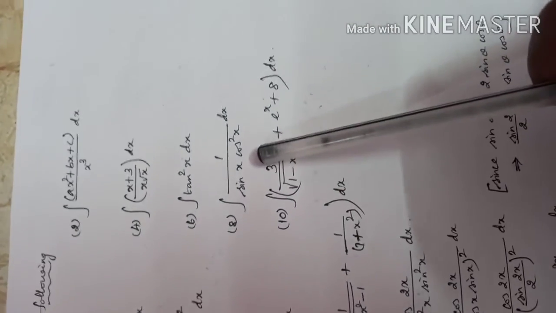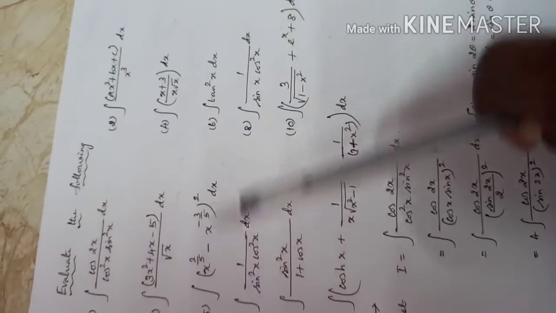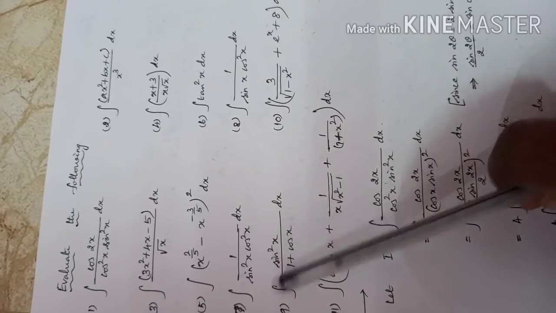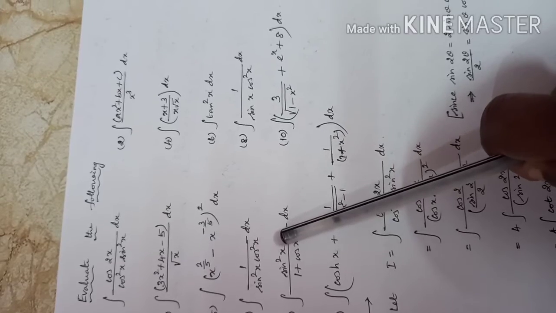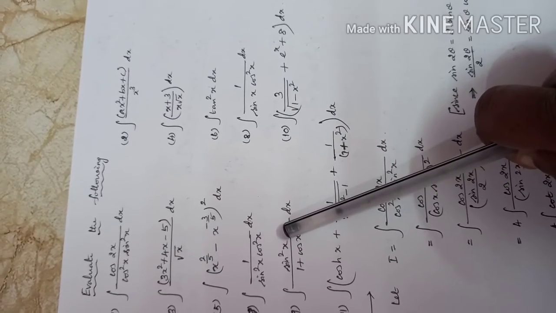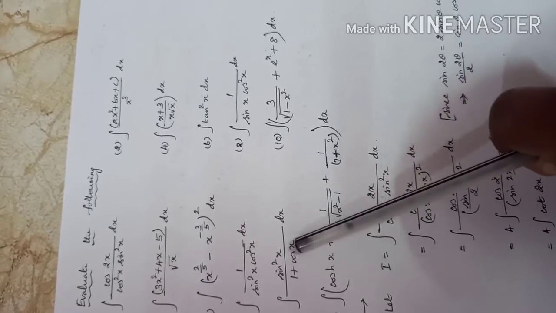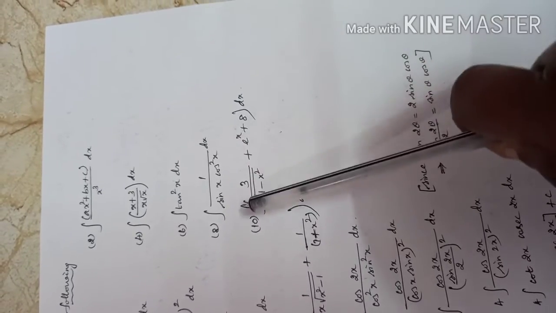See, the 8th problem, 1 by sin x cos square x. Similar model, please try, okay? And then similarly, you can write sin square x by 1 minus cos square x. 1 minus cos square x is like a square minus b square. Use the a minus b into a plus b formula. Hence you can do it. It is very simple. By direct integration you can get the answer.